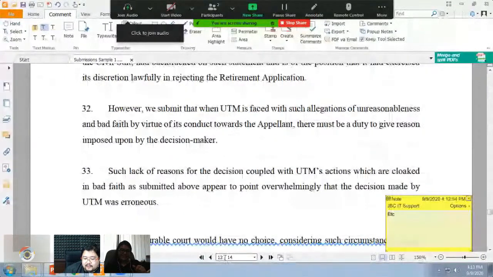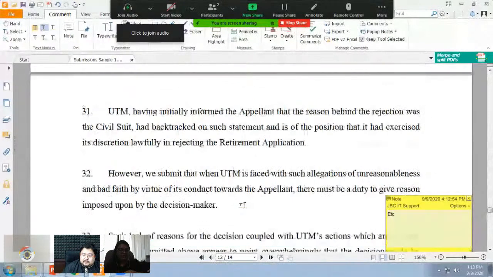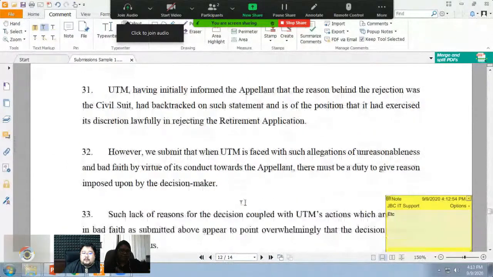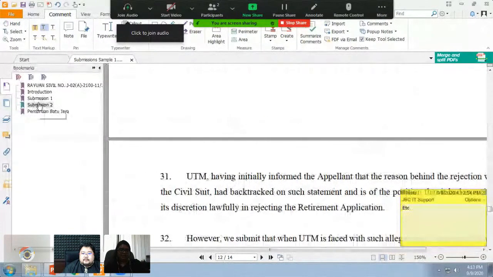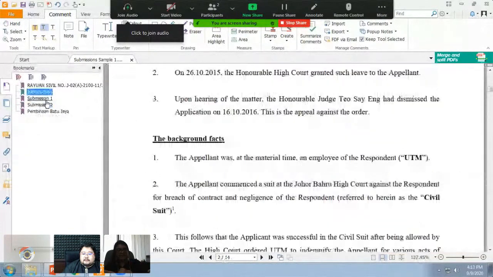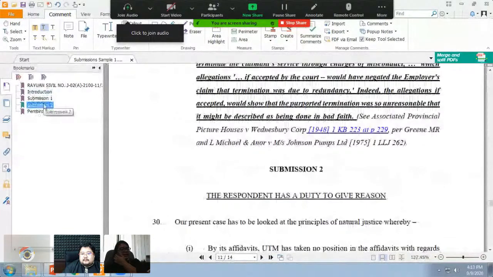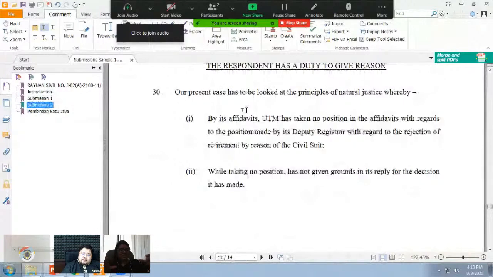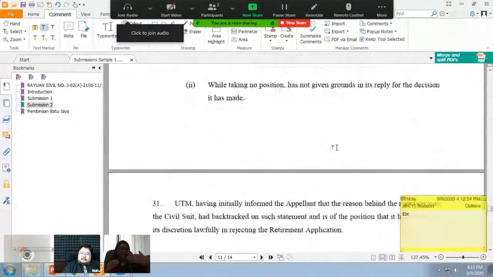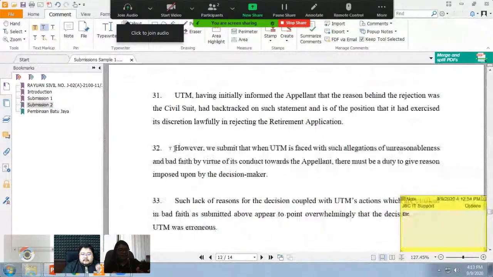You mean down here on the bottom? Yes. Sometimes it's easier if you know the PDF page, you just type it there as opposed to scrolling. That will also make it easy. If you do the bookmarks like Dale taught us earlier, then that will make life much easier as well. You just click to the salient point and show it to them. So when you share the screen, you are able to direct the judge's attention exactly where you want it, because you have control over what they are looking at.